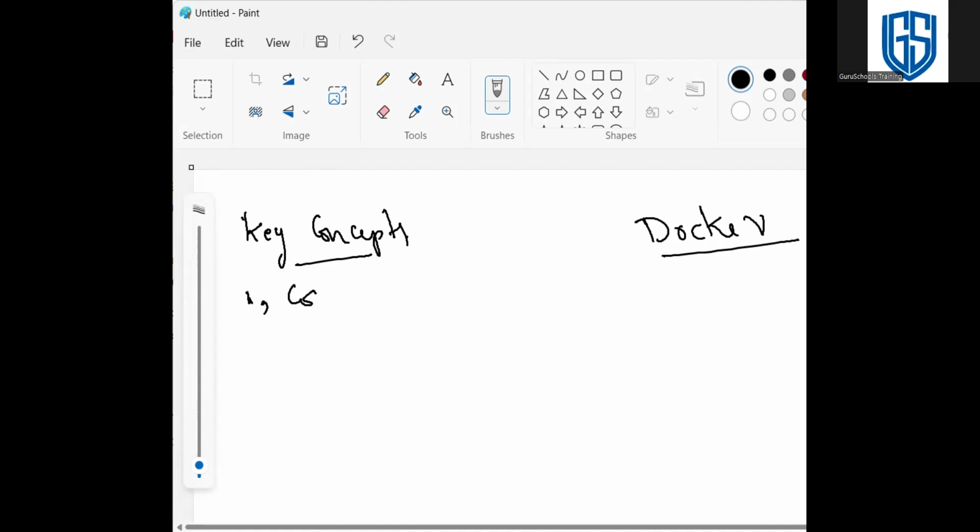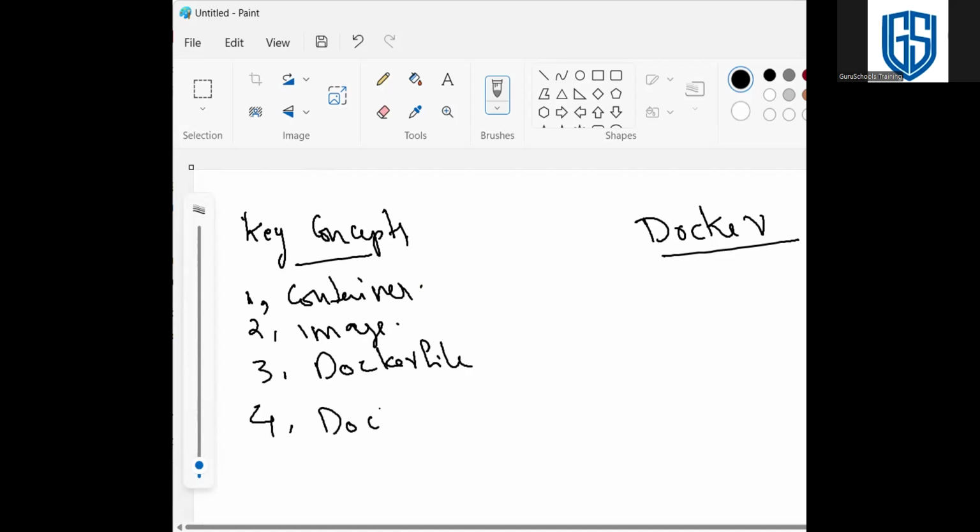First one is container. The next thing is image. And the third one is Dockerfile. Fourth one is Docker Hub.